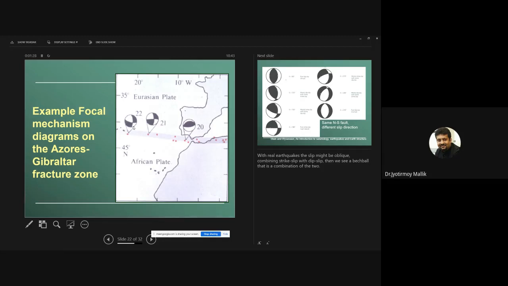That you have to know a little bit of structural geology, so don't be too much bothered about it. But they are called oblique slip. Oblique slip means a mix of thrust and strike slip, or it can also be a mix of normal and strike slip. We will discuss them after your structural geology class. For the time being, don't be too much bothered about them.